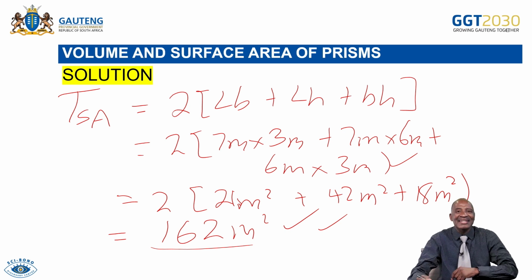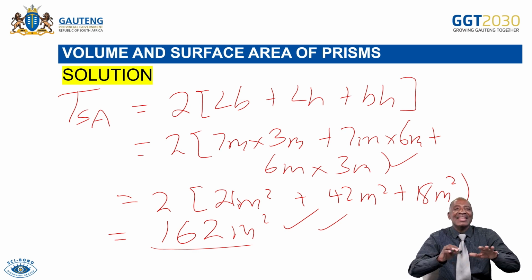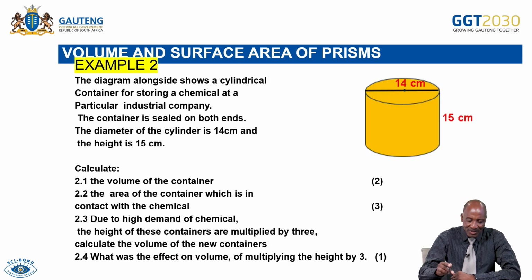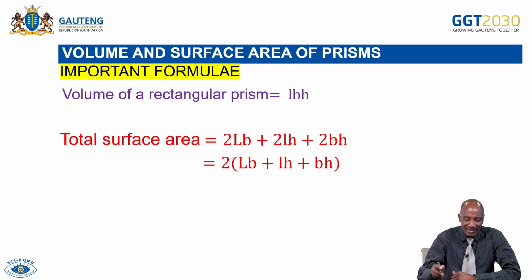Then this area here of 162 square meters is now a 2-dimensional representation of the same diagram by changing it to its net. We have cut it open. Then what we are seeing are the faces that build up our particular 3D shape. Okay. Then we're going to proceed and have a look at the effect of doubling